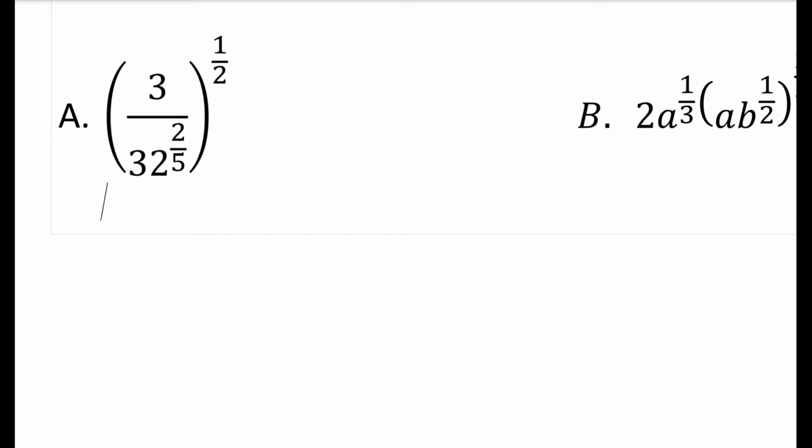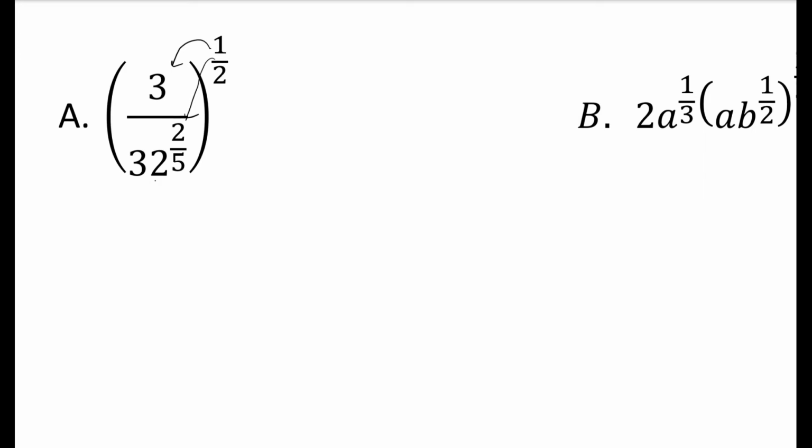Okay, so what you're going to do is notice that we have a quotient here. So basically we have a bunch of stuff raised to the 1/2 power, right? So we're going to distribute the 1/2 power to everything. Now, right now, I can't divide the 3 and the 32. I can't do anything with that because we have different bases here. We got a base of 32 here. We got a base of 3 here. So basically, we can't do anything with the exponents for that. So the only thing we can do at this point is distribute that 1/2 power to everything inside, which means